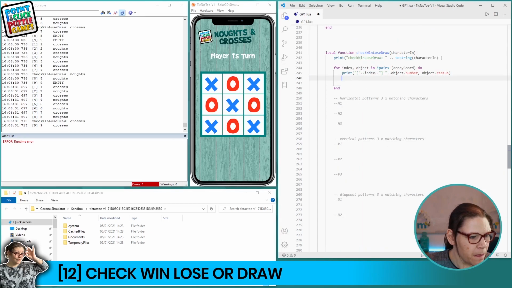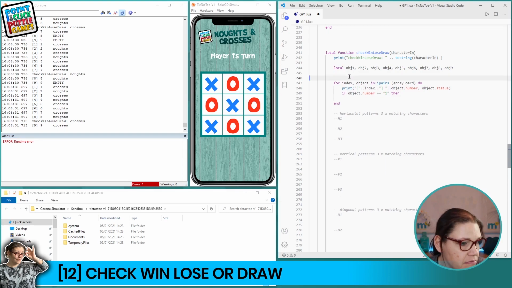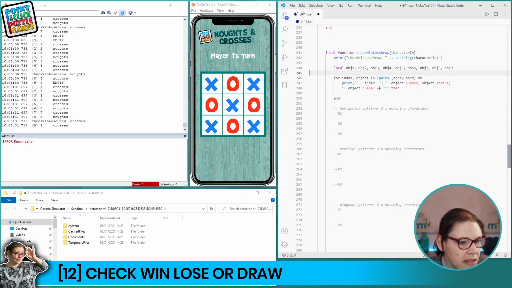So we are going to quickly do an if statement. If object number is equal to 1, then, before I go any further, I'm just going to create up here a local variable, object 1. So we now have a local object variable that these squares can live in as we grab them out of the array. So if object is object 1, then object 1 is equal to the